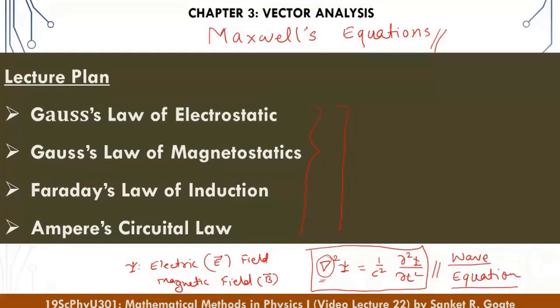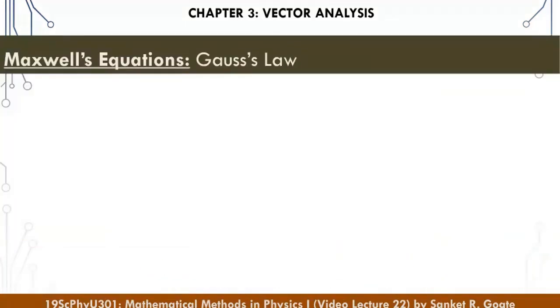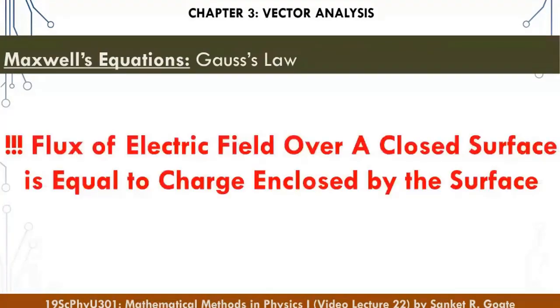So let's start with Gauss's law of electricity. When I write Gauss's law, it is for the electric field. Can someone tell me what is Gauss's law? Flux through a closed surface is Q by epsilon, where Q is the charge enclosed by that closed surface and the flux we are talking about is the flux of the electric field. So Gauss's law states that the flux of the electric field over a closed surface is proportional to the charge enclosed by that surface. What it means, suppose I have this closed surface, it could be of any shape,